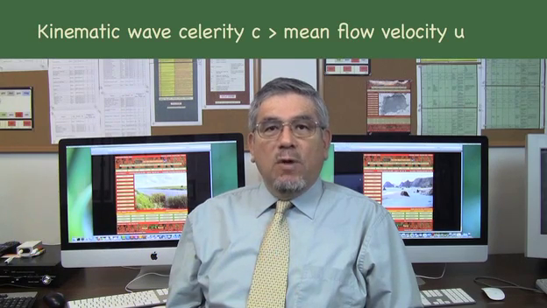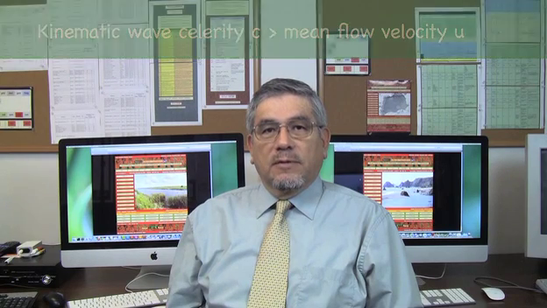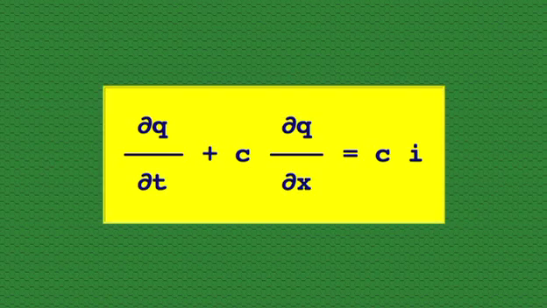Since m is greater than 1, the celerity of a kinematic wave is greater than the mean flow velocity. Multiplying the equation of mass conservation with the equation for kinematic wave celerity and applying the chain rule of differentiation leads to the kinematic wave equation. A similar equation for the kinematic wave in terms of flow depth is